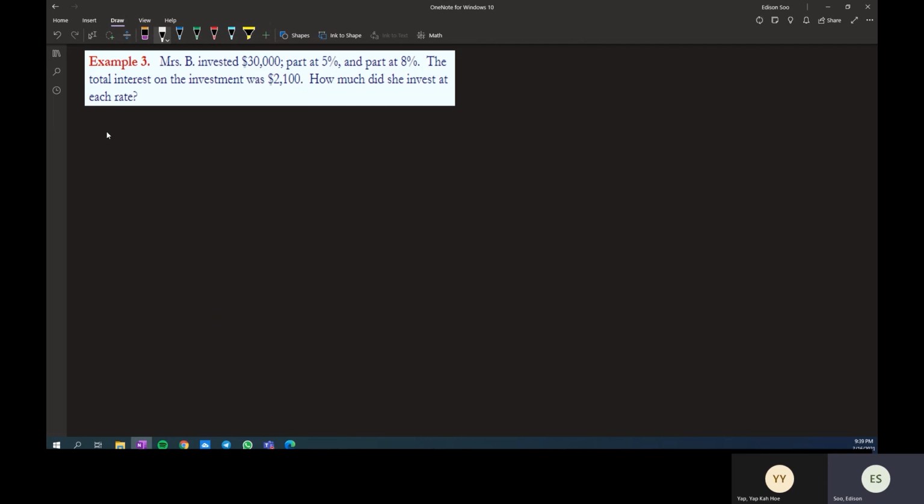So right now, what's the first step? The first step is to solve. So basically we have to solve for x and y, right? So right now we have to denote our x and y. So x is the amount of money invested at 5%. Y will be the amount of money